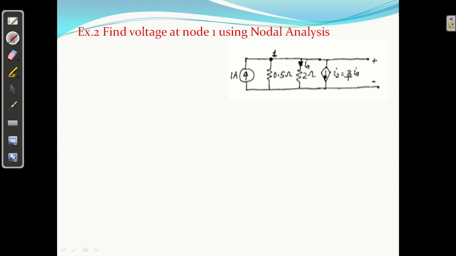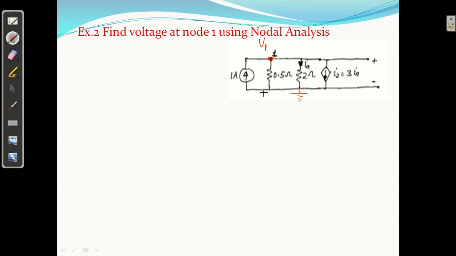It is a current source, and it depends on this current. So okay, how to do it? Just see here. If you are solving the problem by KCL, what is the first step? Assign the voltage to all nodes. There is only one node, this is the same node, so it is node number 1. Assign the voltage V1. The other node is connected to ground, so this is the reference node.